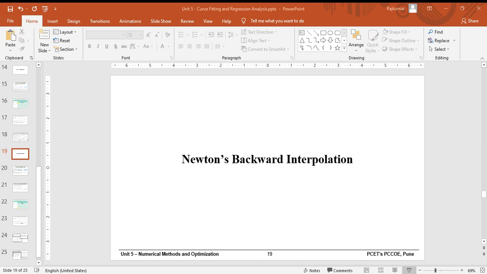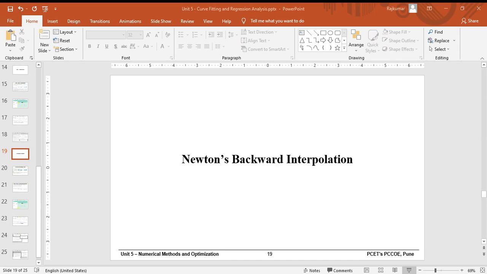Then there are certain terms where you can see the changes. Y naught everywhere is replaced by yn, as we are analyzing only the end values. Again, del is replaced by nabla, in other words the forward interpolation operator is replaced by the backward interpolation operator. So there is a little bit of change in the sign.